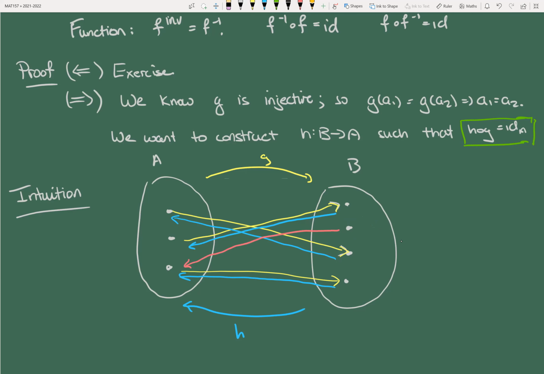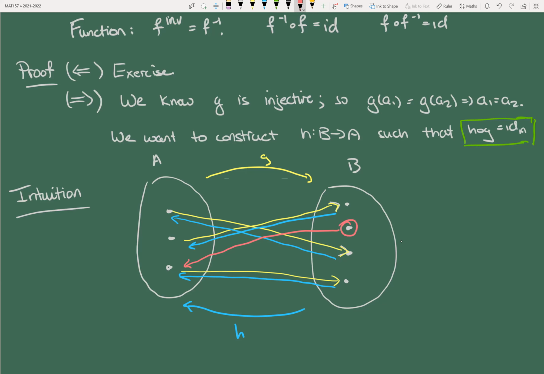The point is that we can do anything we want with it because the only thing that we have to satisfy is that if you follow a yellow arrow and then come back on a blue arrow, then you finish where you started. Nothing ever hits this point, right? There's no yellow arrows going to it. So we don't care where it goes. It can go to literally any place that it wants to go, and we'll still satisfy H composed G being